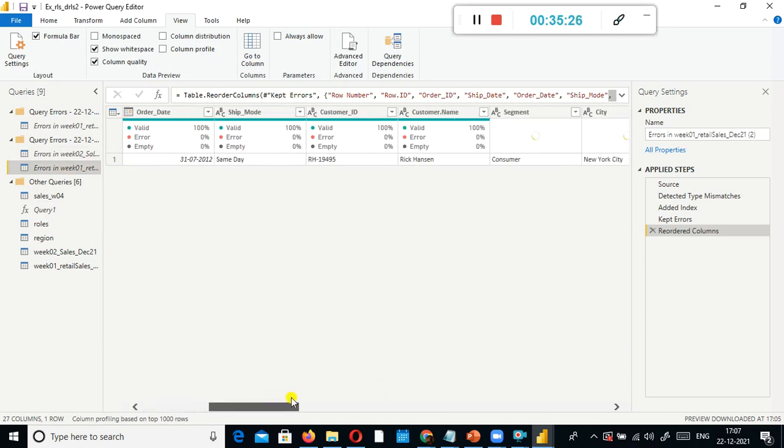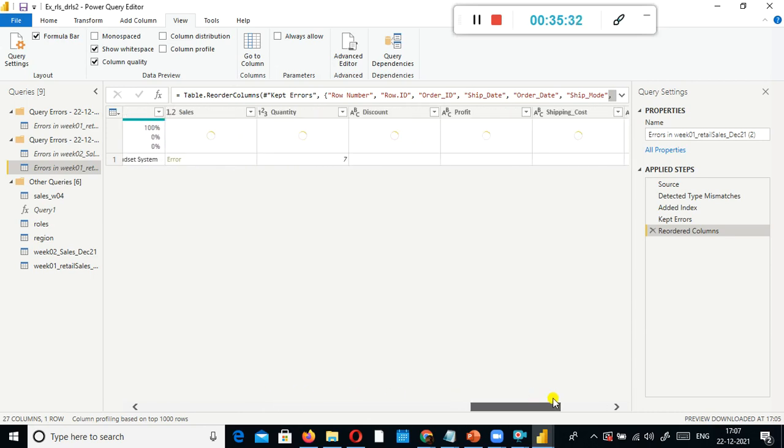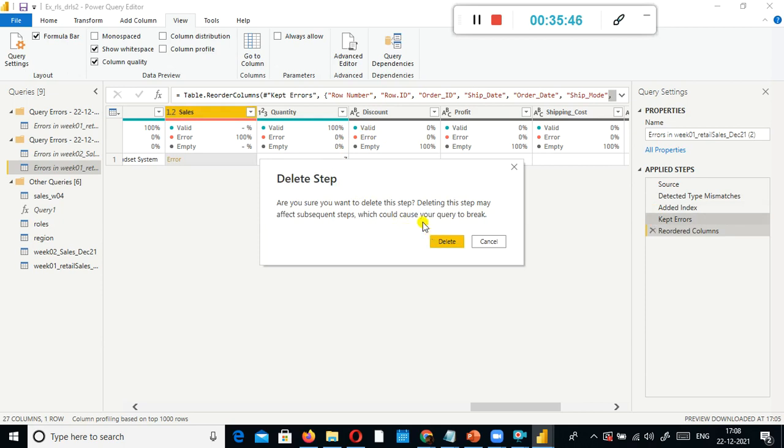I'll go and see why it is only one error. Let me just go ahead and see the sales. Error is there. See, here also error is there. So what I'm going to do is I'm going to select this one, kept errors, remove it, delete it.